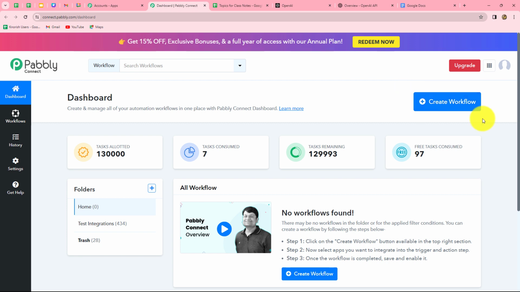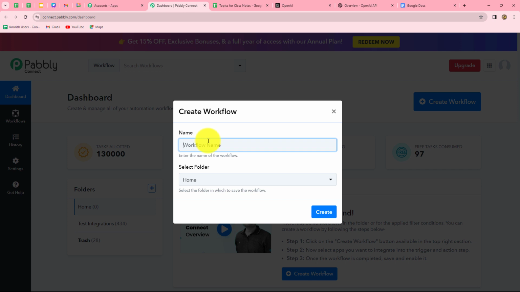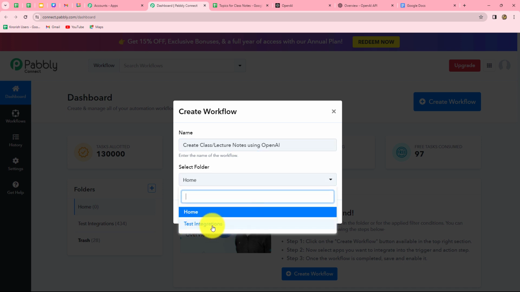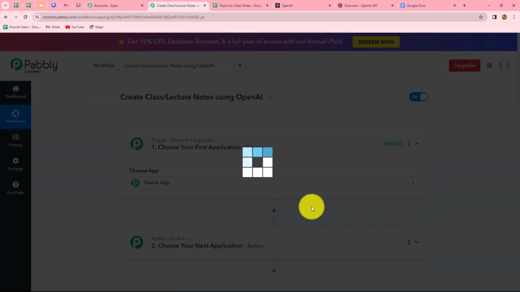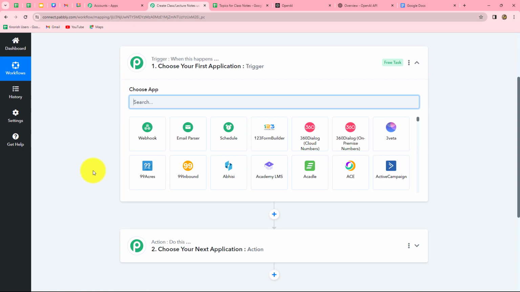Okay, now to create a new workflow, we have to click on this create workflow option, which is given on the right corner in blue color. So let's do that. And here a dialog box will appear in front of us. It is asking us to provide a name for this workflow. So first of all, let us provide a name over here: Create class lecture notes using OpenAI. And after giving the name, we can also select the folder in which we want to save the workflow. So from the drop down, I'm going to select this test integrations folder, and now we are going to click on create. As we do that, we can find that two windows are open in front of us, trigger and